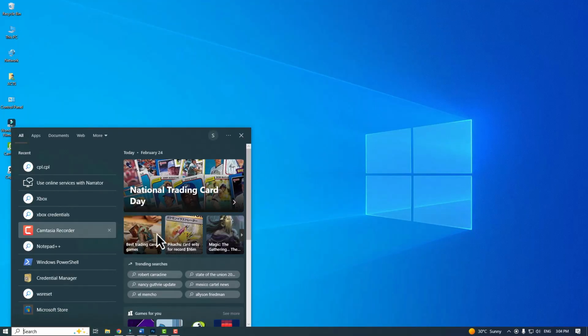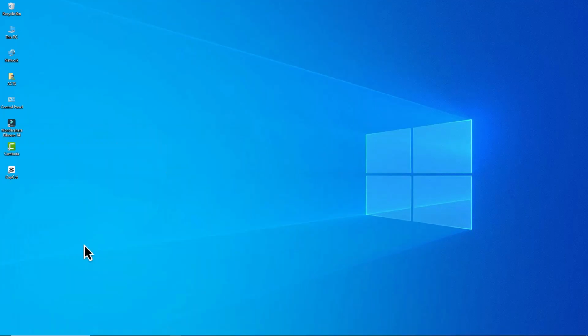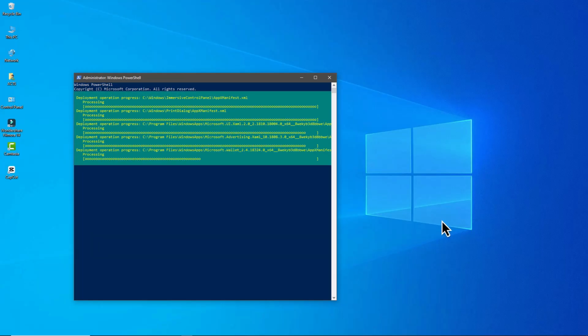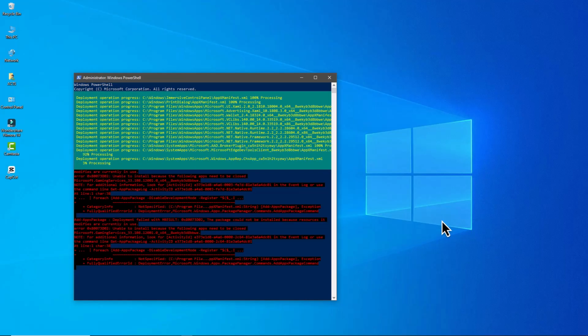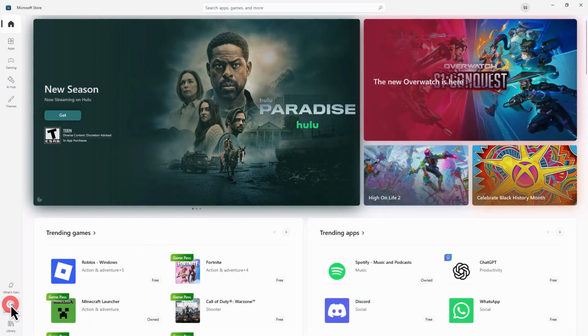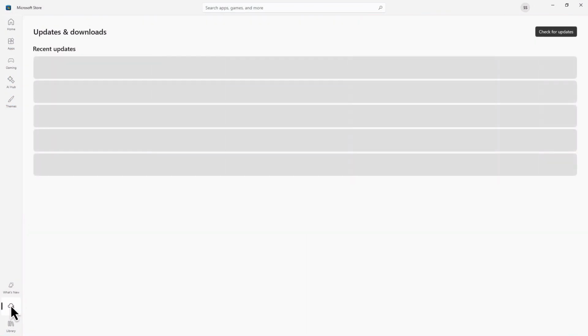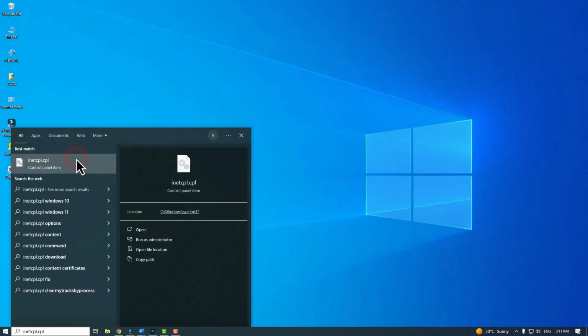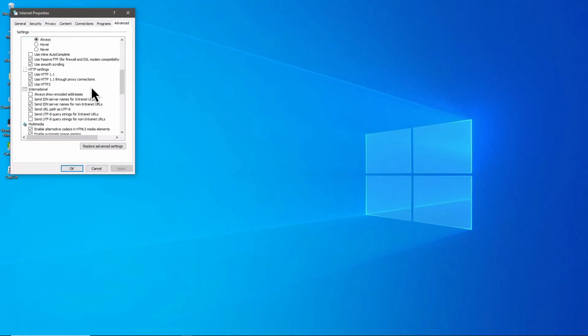Run the provided PowerShell command as administrator to reinstall default Windows apps. Ignore any red errors during the process. If still not working, try installing apps from Microsoft Store Library or Download section, then update Windows and run the inetcpl.cpl command to ensure TLS